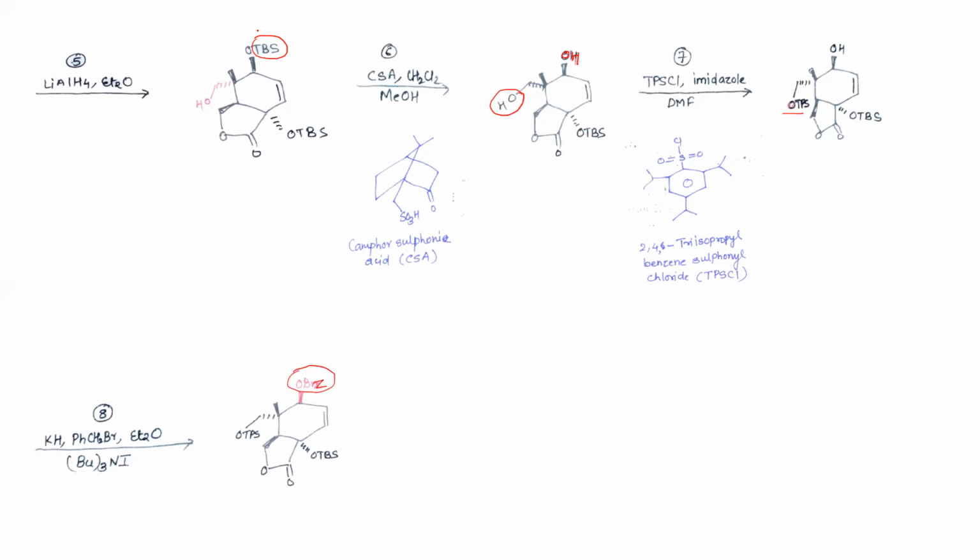So what did we do? First we removed this TBS. We have to protect it with some stronger group now. So we have removed that TBS. First, while protecting, we protected this primary alcohol, and then we protected this secondary alcohol. So now all alcohol groups are protected, and now we will use this reducing agent, that is lithium aluminium hydride